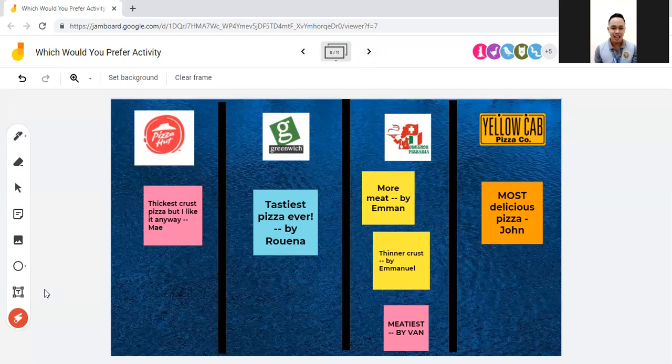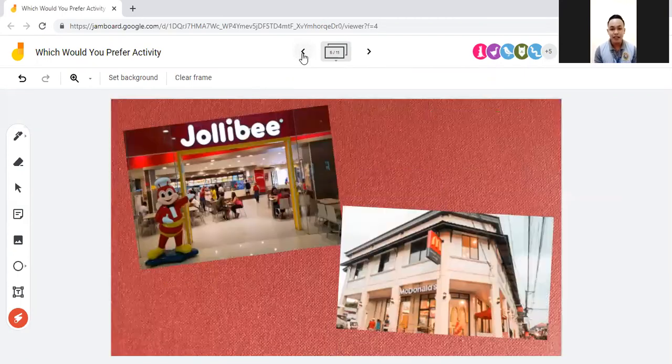Okay, so if you could remember, guys, our lesson yesterday was all about adjectives, and we learned that they are words that modify or describe a noun or a pronoun. But don't you know, guys, that these words are not just simply describing words, but they are also used to compare different levels. For example, on the first picture, we have